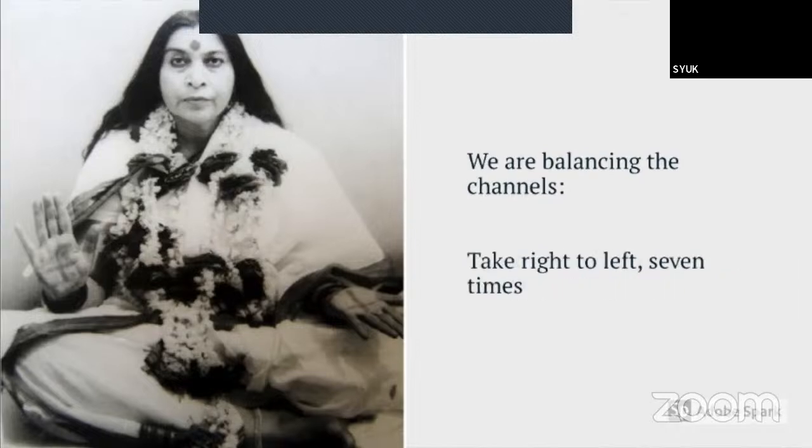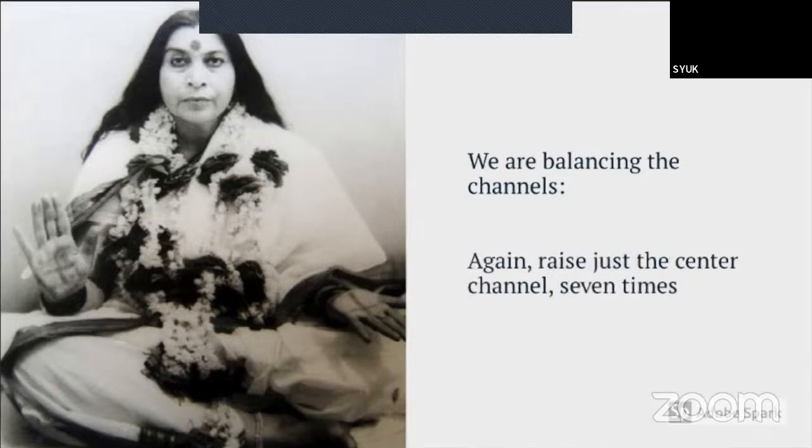And then we shall take the right channel up and push down the left 7 times, please. And finally, we will again take the center channel up 7 times.